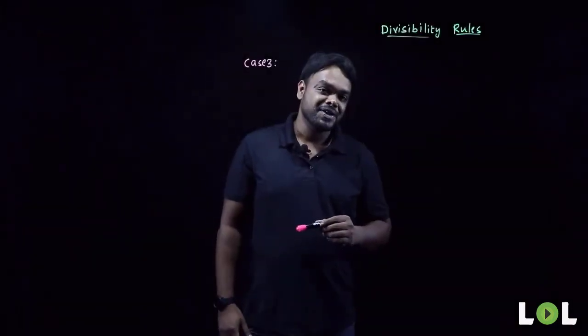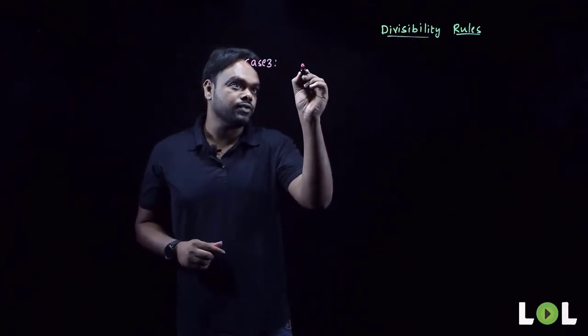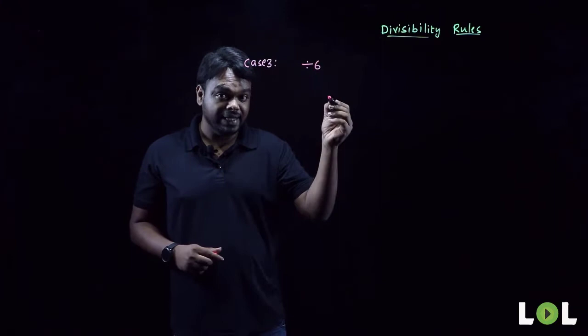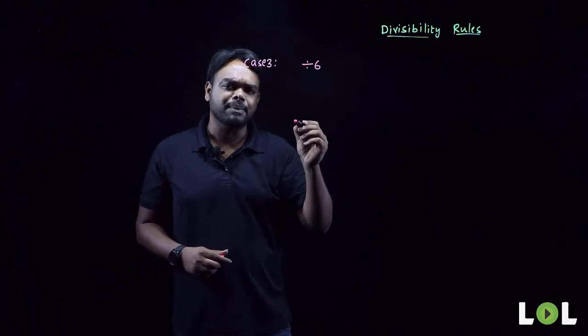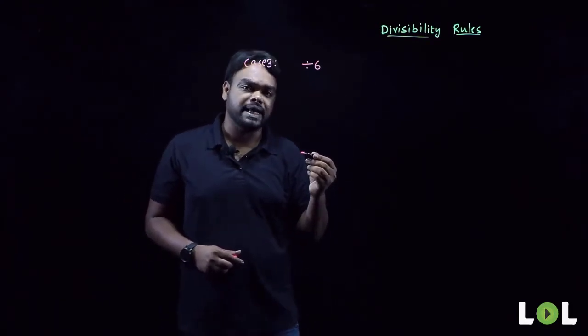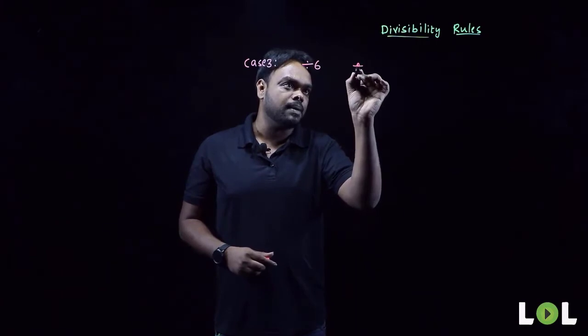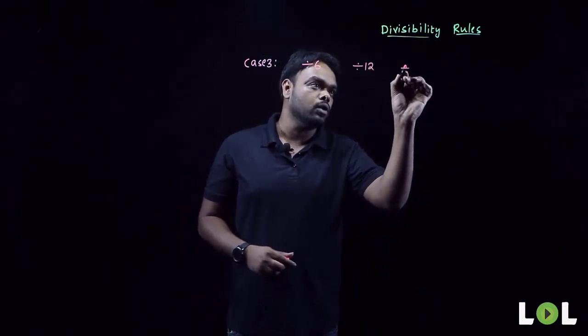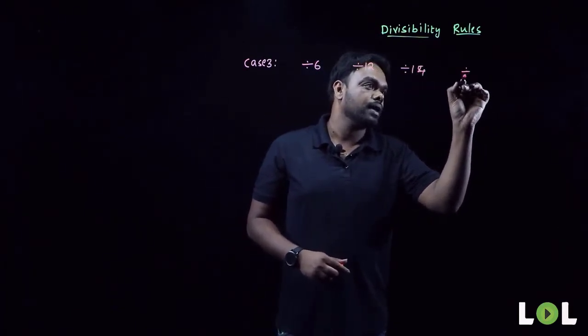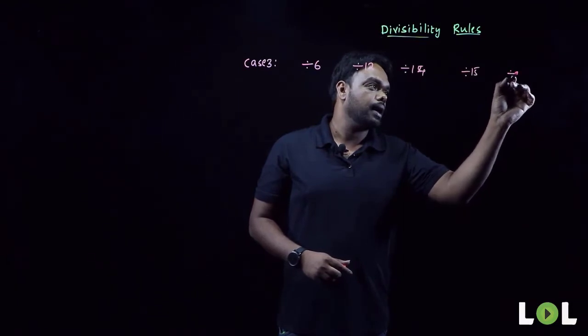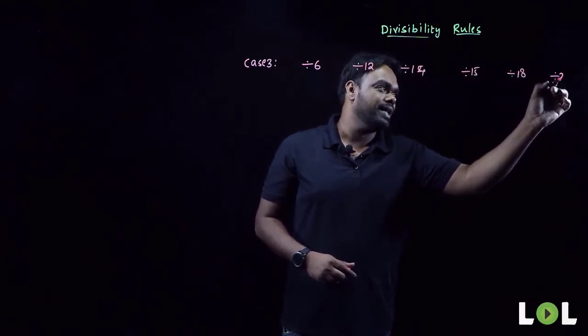Case 3. Now we shall see the remaining composite numbers below 10. Composite numbers means I can take 4, but we are already done with the 4. The next number is 6. So we shall check the divisibility rule of 6. After that 8, and we are already done with that. And 9, we are already done with that. 10, I wouldn't like to give that, because anybody can tell whether a number is divisible by 10 or not. So we can go with the next composite numbers, 12, then 14, then 15, 18, and of course if you want, 20 as well.